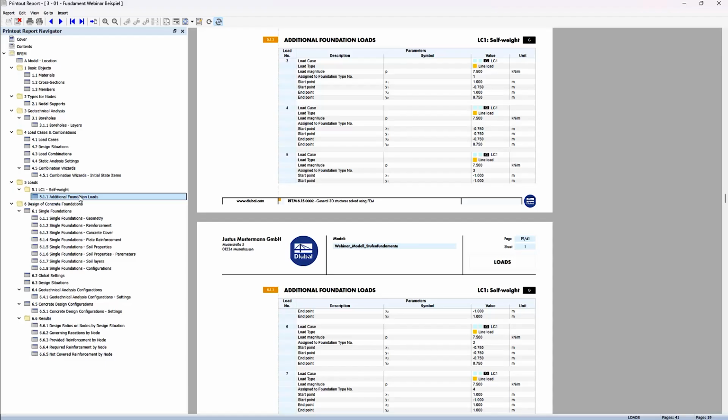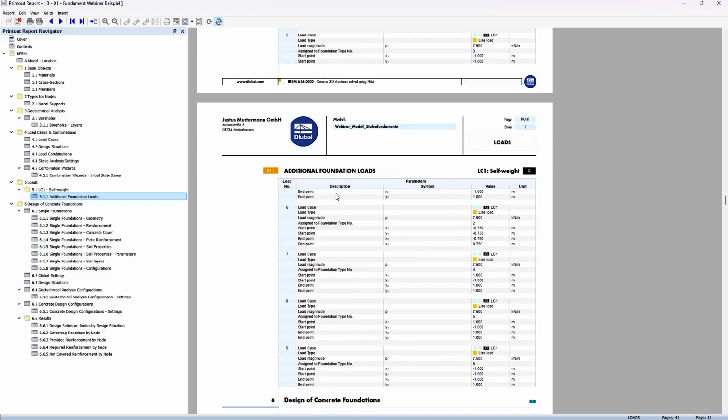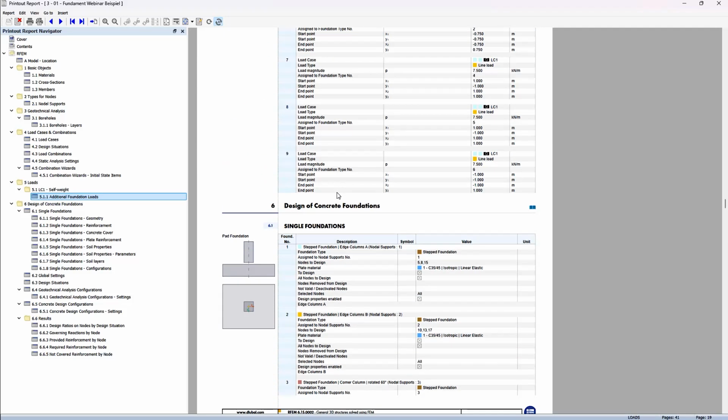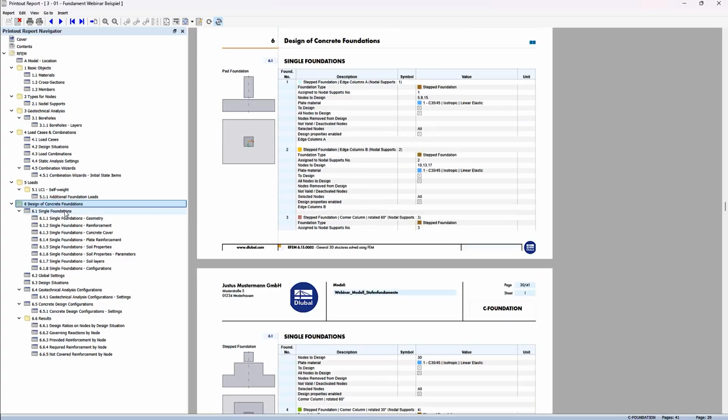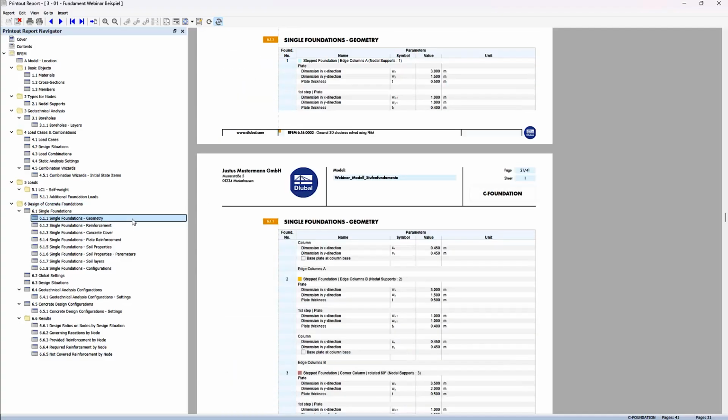Additionally, I have added the additional foundation load table under loads, under the load combination or load case 1 self-weight. And then under the design of concrete foundations folder, I can find my single foundations, their geometry,